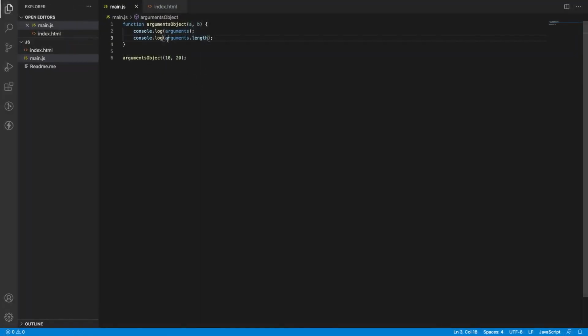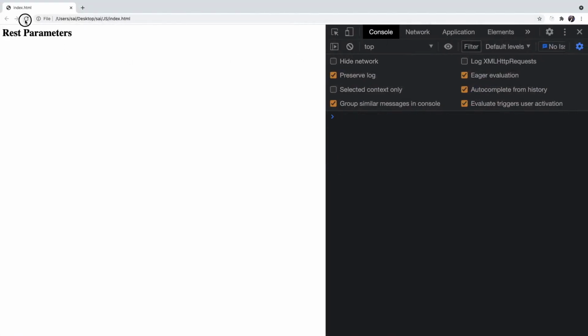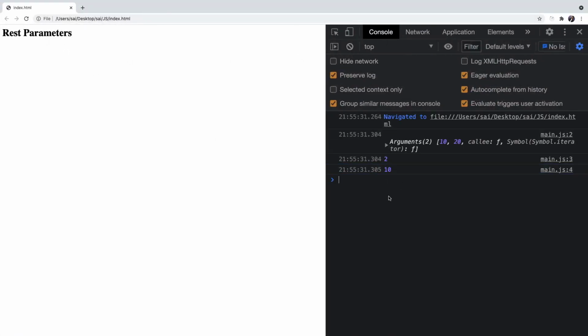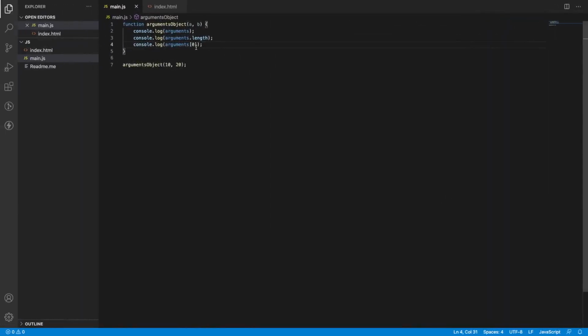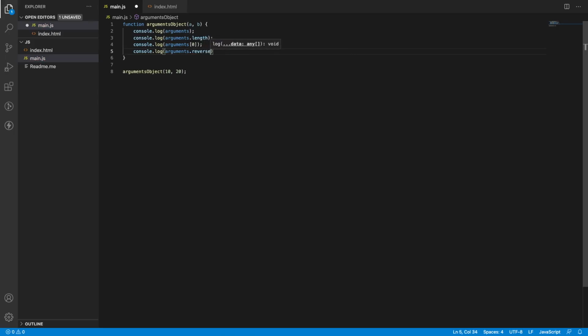So like this, we can access arguments, and I can also access the first value. Let me take arguments of index 0. Save this, go back, clear this, reload my application. You can see 10. So it acts like an array of arguments. But is it really an array? No, I'll prove that. Let me write console.log of arguments and use one method of array, reverse.